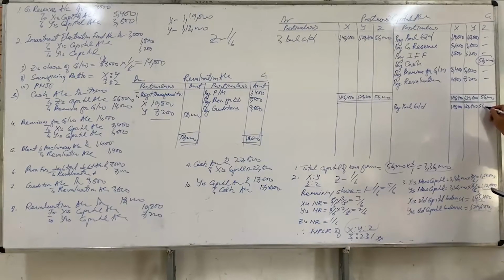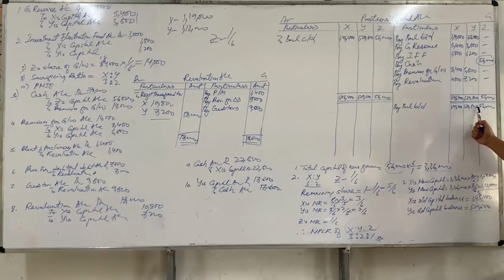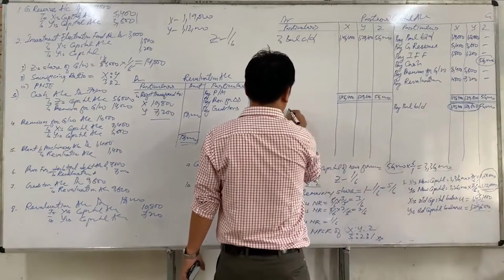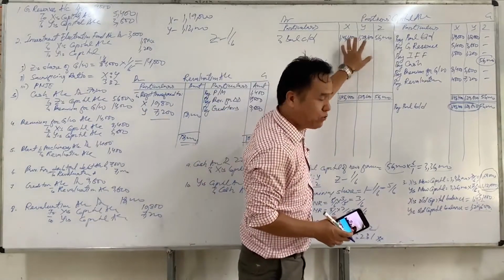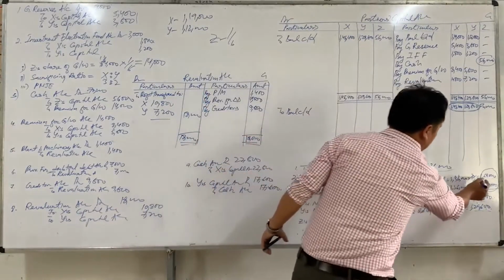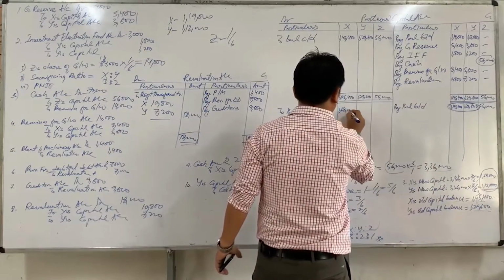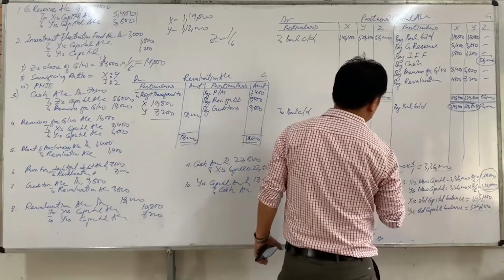So here, Z's capital is 56,000. Now what happened is, X and Y don't want to have the old capital balance. Instead, they want to have the new capital. The required capital is 1,60,000. So the balance carried down means closing capital. They don't want to have the old closing capital; they want to have the new closing capital balance, new capital. The new capital balance is 1,68,000 and here 1,12,000. Okay.